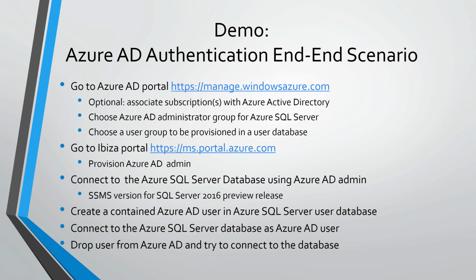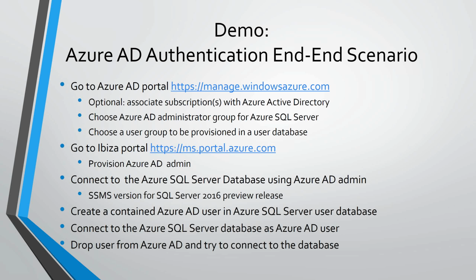So the first part in the demo, what we will do is we will go to the Azure Active Directory portal, and I will show you how to check this subscription alignment with the Active Directory. We will look at the administrator group that we can use to administer SQL, and we will also create a group to provision a user in the database. So this is the part that will be done in the